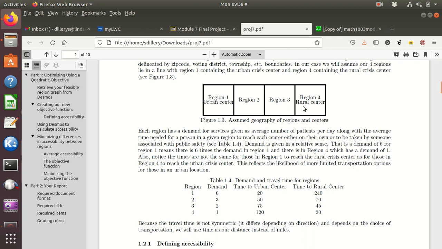It could be that here in Region 4, if for some reason they need to get you over to the urban center instead of the rural center, they put you in a sheriff's vehicle and drive right over, but maybe in the urban center, for whatever reason, they can't just use a sheriff or a police car. They have to use some other